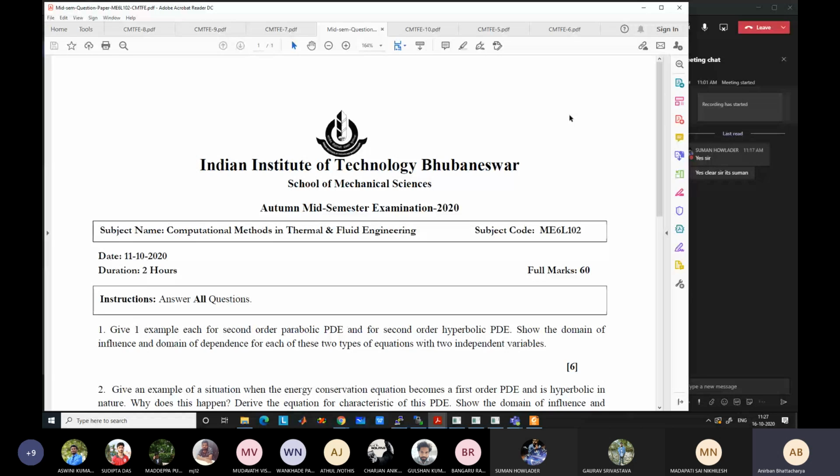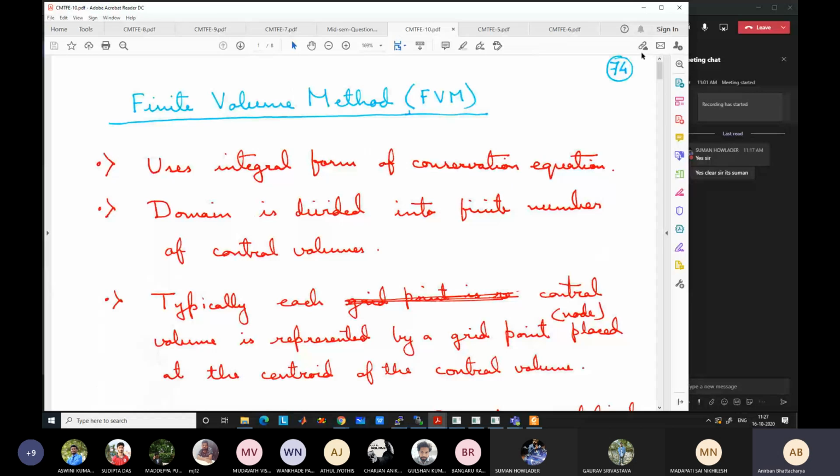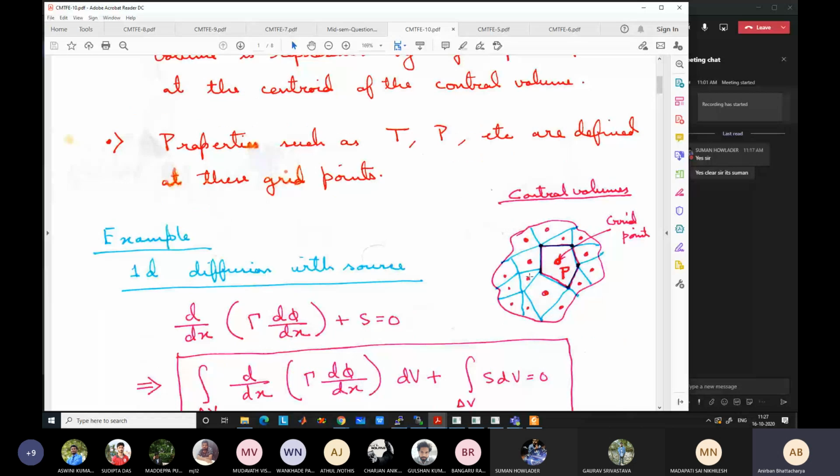But there are limitations of finite difference. One limitation is that you need to divide the domain into a very structured type of grid. Say you have a 2D domain, a very arbitrary domain like this. You cannot divide the domain into this type of control volume. So you have to divide it into some square type of control volumes, straight lines along each of the x-axis and y-axis, and then you can use finite difference approximations.